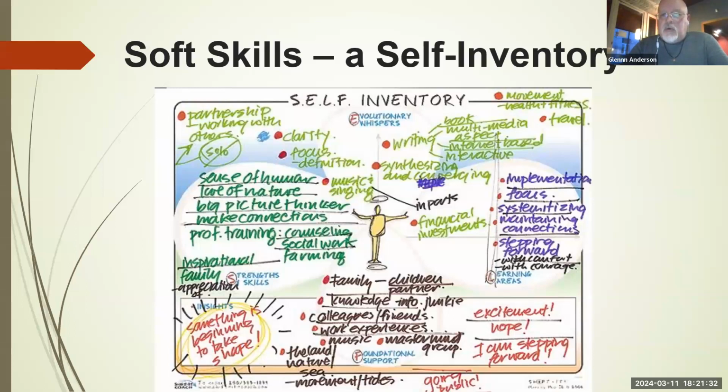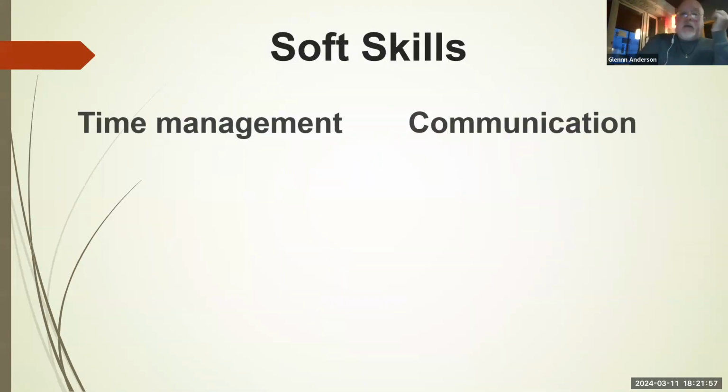All I want you to do as we talk about this is put a little check mark if this is about you, if you know that you possess this particular skill. And then also be thinking, where in your life have you demonstrated that skill? Or maybe where in your life did you learn to use that skill? You can make a little note for yourself on that. So let's start with the first two here.